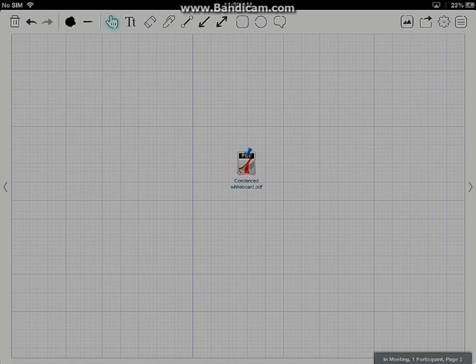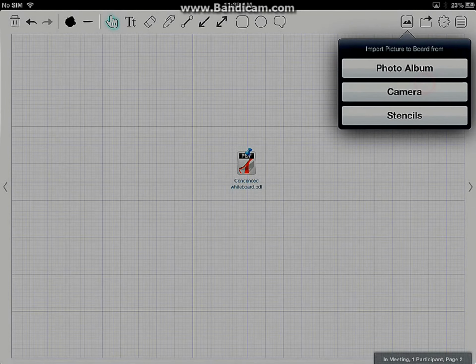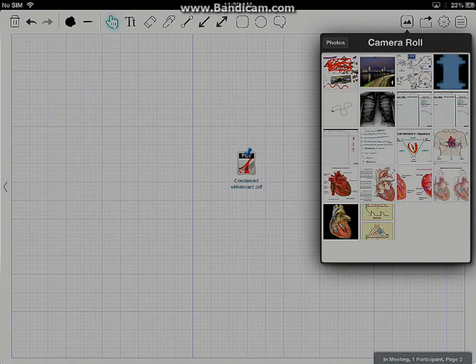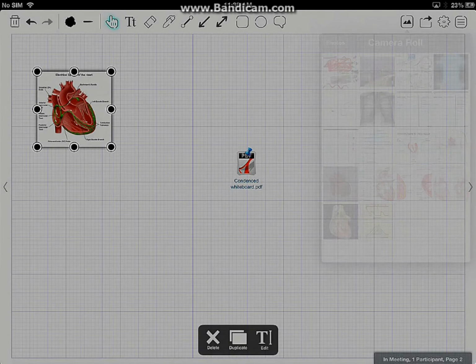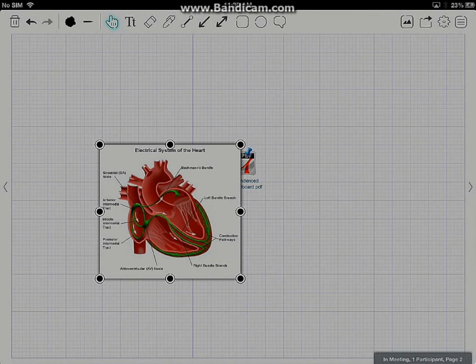To open an image inside the BaiBoard whiteboard, first click the image icon, then select Import Image, then Photo Album, go to your camera roll and select the image you wish to import. You can now move the image, resize the image,